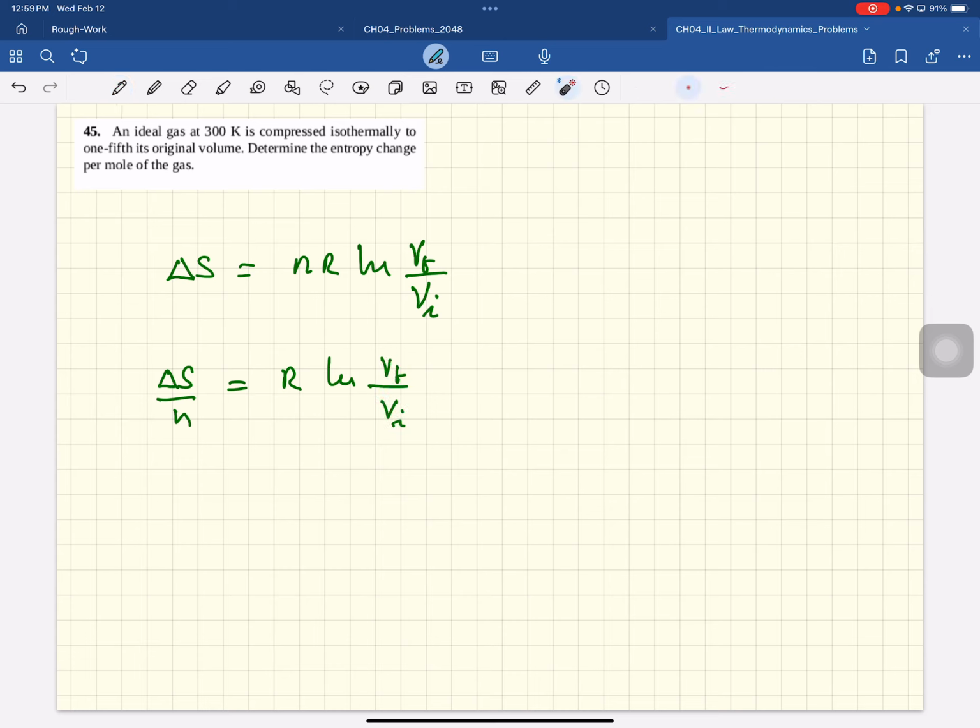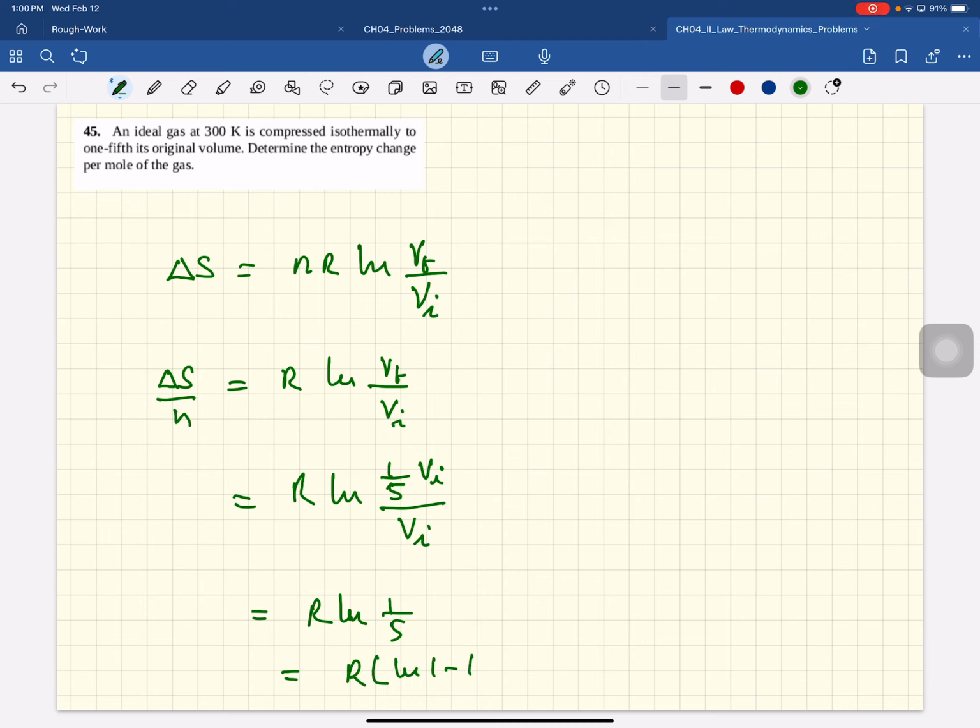And the final volume is 1/5 its original volume. So R times log 1/5 V initial over V initial, and log of 1 is 0, so it's